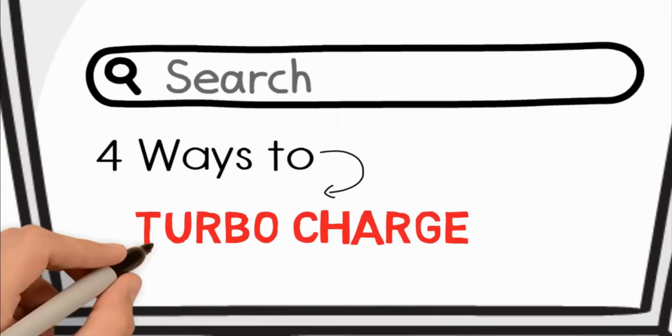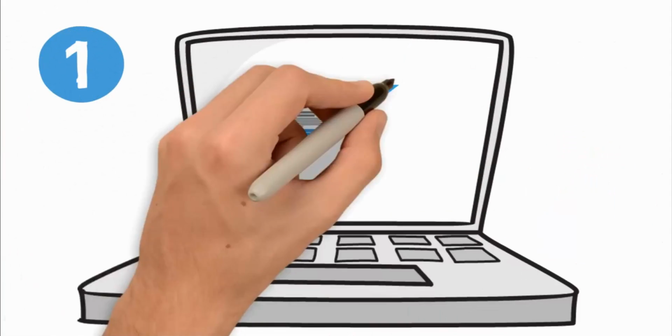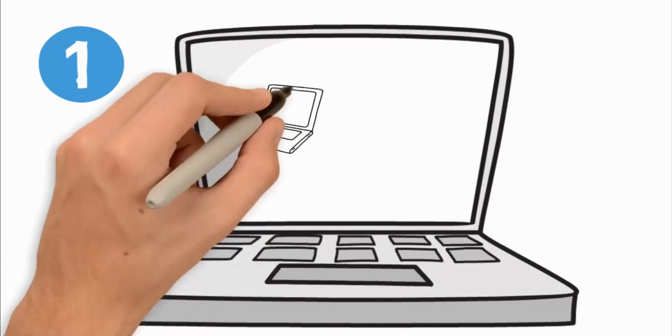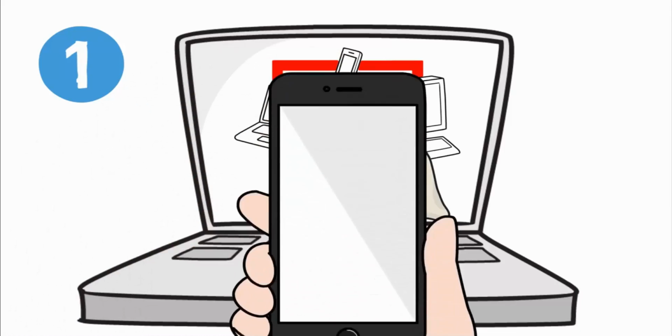Here are 4 ways to turbocharge your lead generation. Do these before your competition does. The first way is a high converting landing page. That's right, if you're sending internet traffic to your website's homepage, you're wasting your money because it's probably too busy